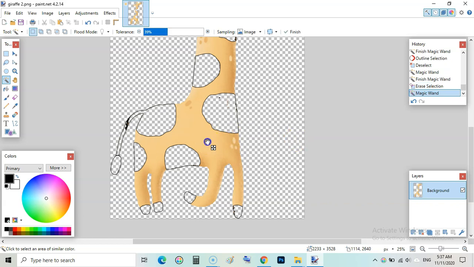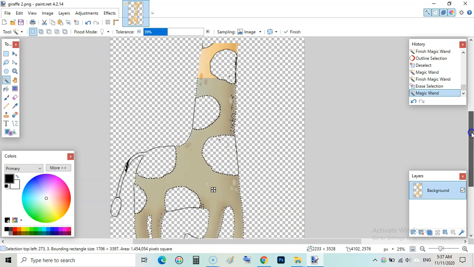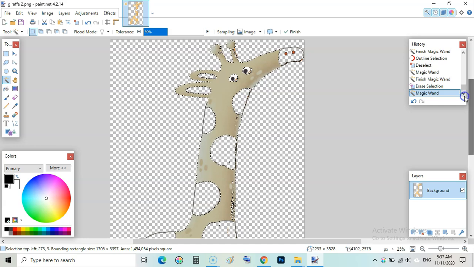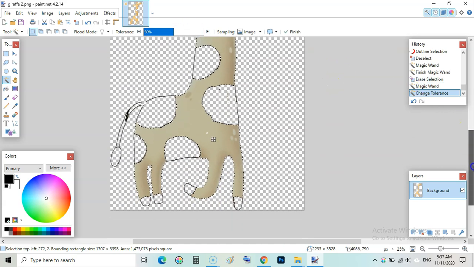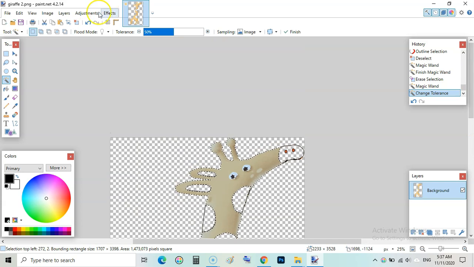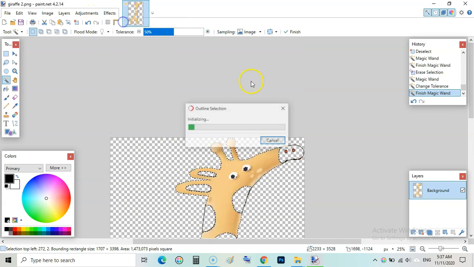Now select here, click on here and increase or decrease the tolerance like this. Now it is perfectly selecting the image. Effects and repeat outline selection.